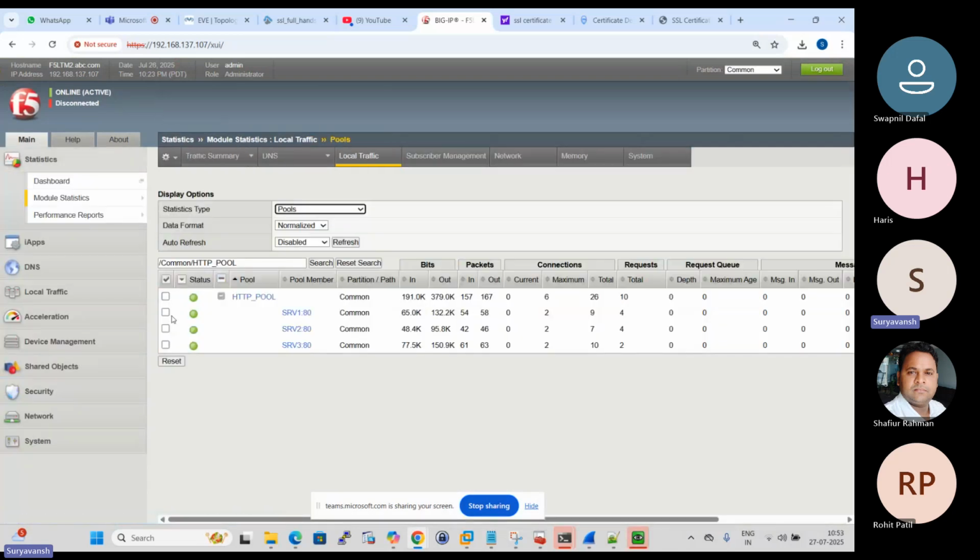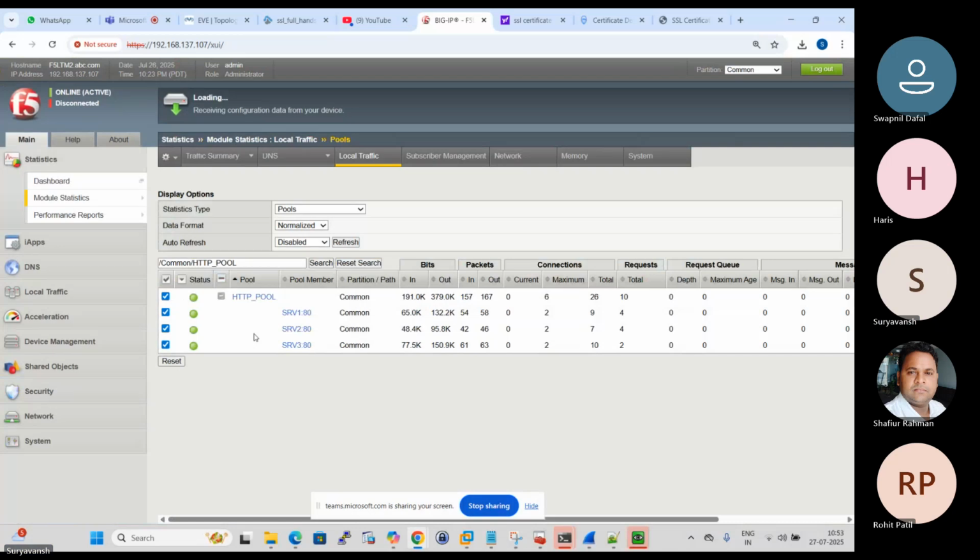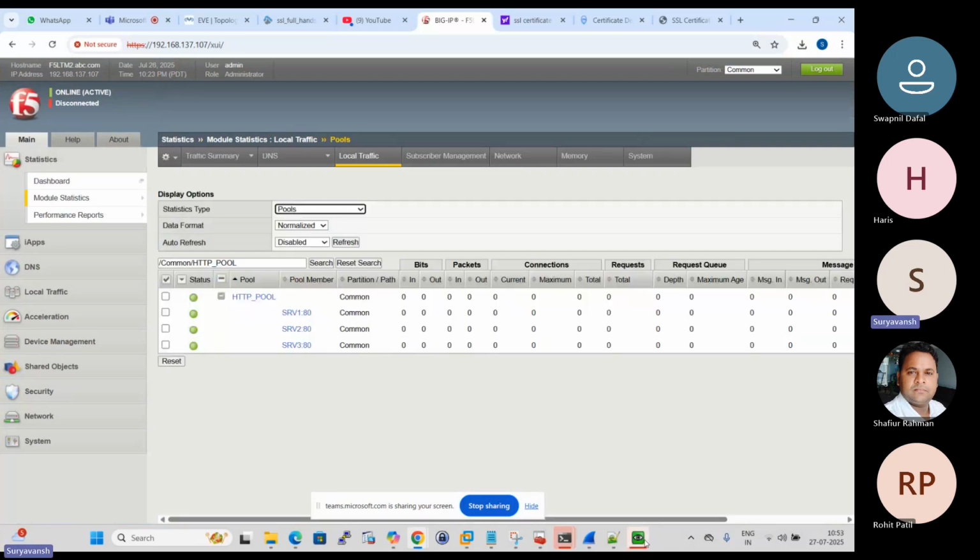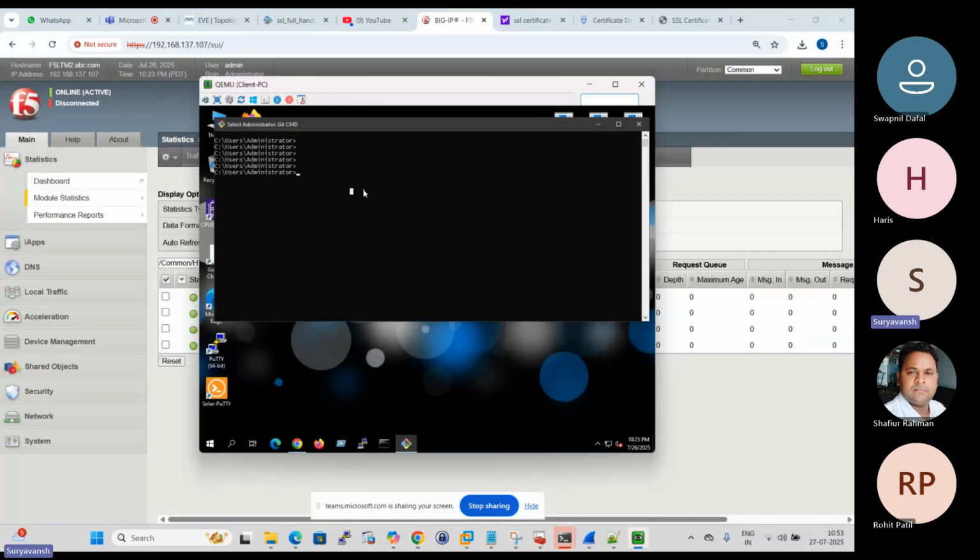Now let me reset this counter. Let me reset the counter, guys, and let me run the command. I'm not sure it is successful or not. I'm not recalling the actual command, called space dash. Otherwise, we need to initiate the traffic manually. So called space dash f, and I think